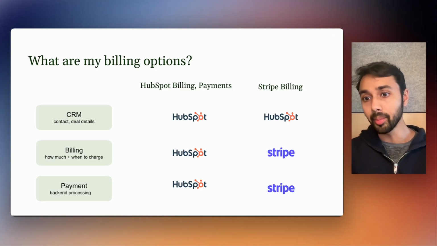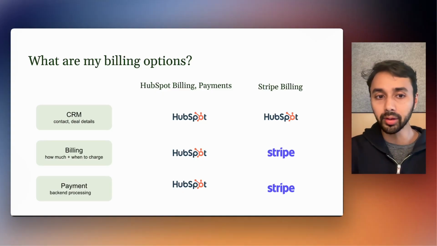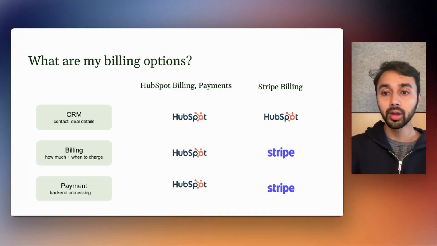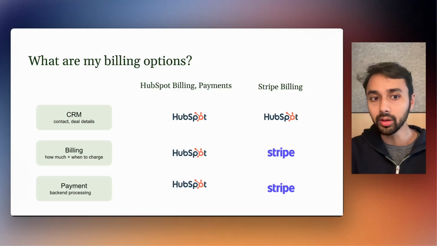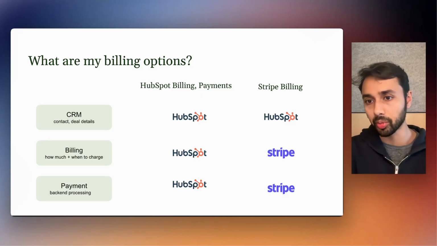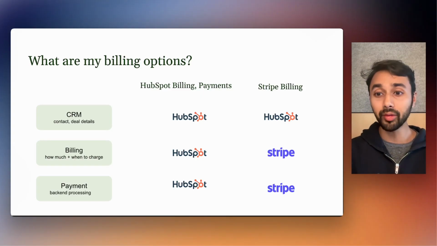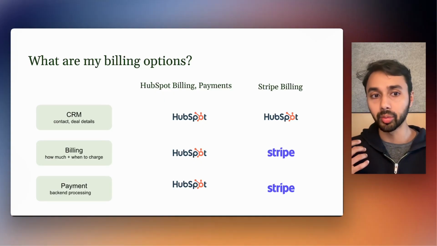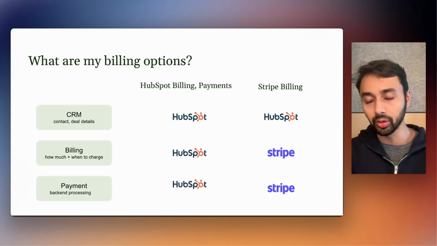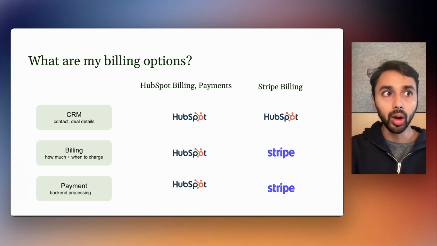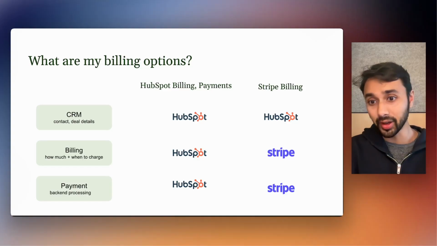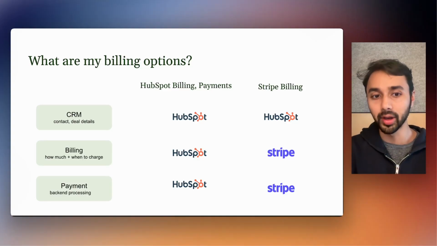You have your CRM, and in this case, we'll assume it's HubSpot. And your CRM stores information like contact details, deal details, what have you agreed to sell, and other relevant information around attribution, touch points, and so on and so forth. Then you have your billing system. This is in charge of figuring out how much you want to bill your customer in detail per what you've agreed to in your deal and contract terms, what taxes and discounts look like, how they factor into the bill, and presenting the bill via a checkout form or an invoice.